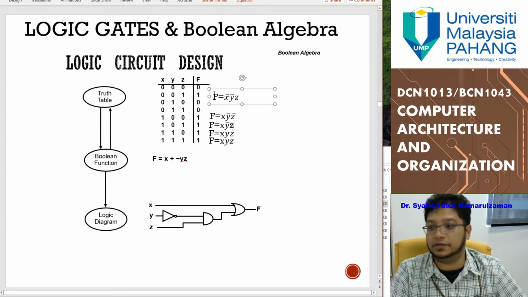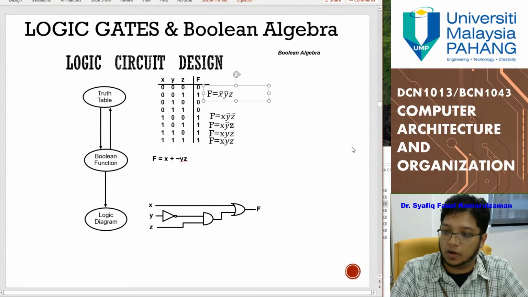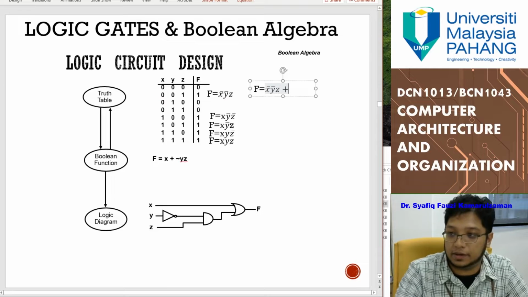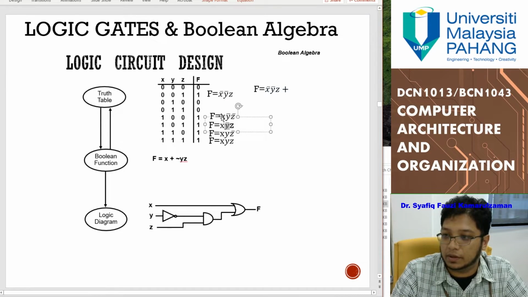Okay, so we finish the first step. You find all of them with ones, and then you finish the first step. Now, I want you to combine everything into one equation. So here, when you want to combine, you can combine this one with the result of this, and then the result of this,